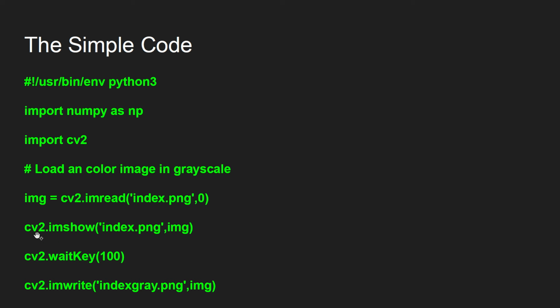Now what is the next step? I'm going to show the image. This is the display. This is like the printf statement in your C programming. And then I use cv2.waitKey(100), which means this will be displayed for just 100 milliseconds, and if you want it to be displayed for a longer time until you close it, you need to make it 0. I'll show you that as well during the demo.